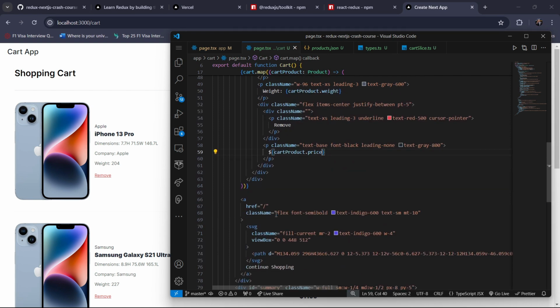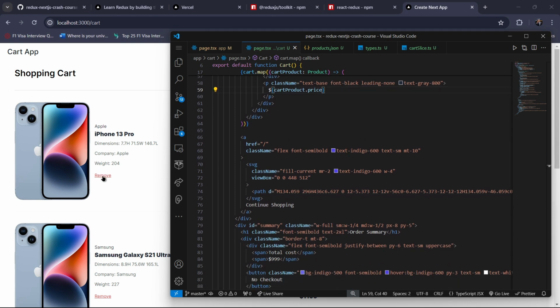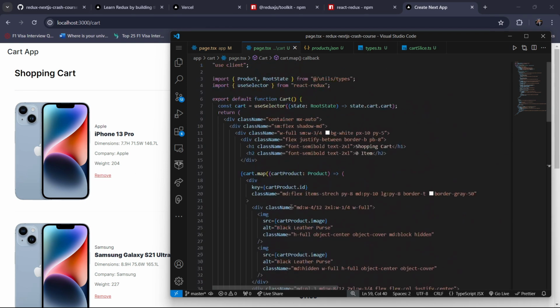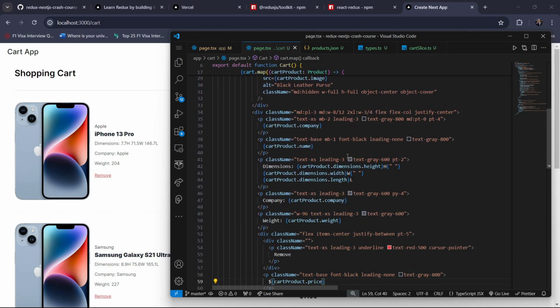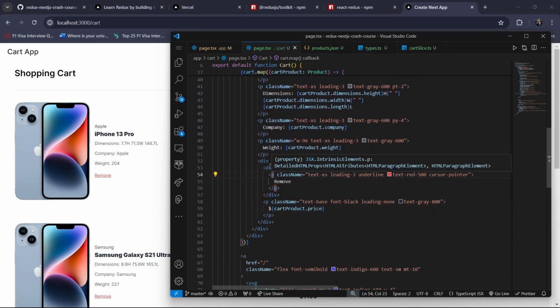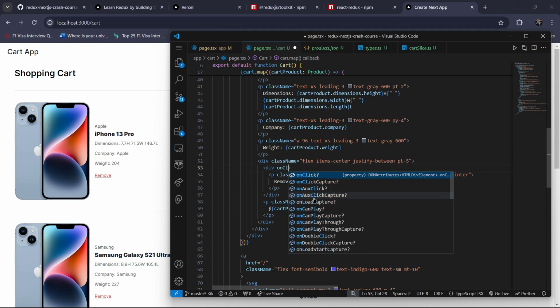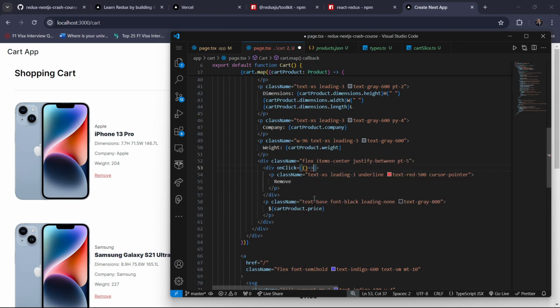Okay, so let us implement a function. When we click here remove, it will just remove this product. So where is this remove button? When I click here I want to remove this completely. On click equal, handle product removal, and I will just pass this card product dot card product,